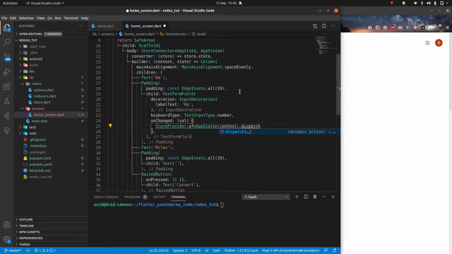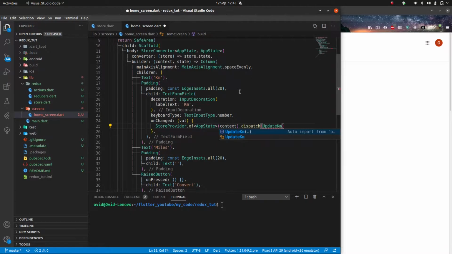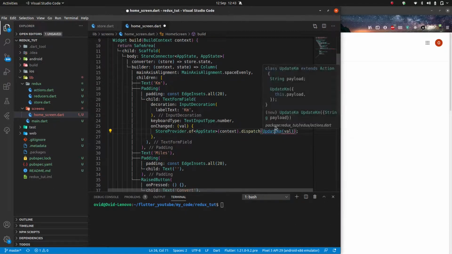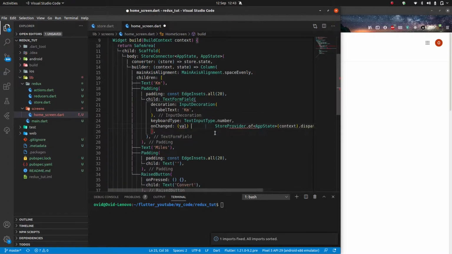Dispatch is like emit, and dispatch is going to take some kind of action. In this case, we're going to pass in update km, and update km is going to take the value we get from here onChanged. And I'm just going to import this, fix my imports,